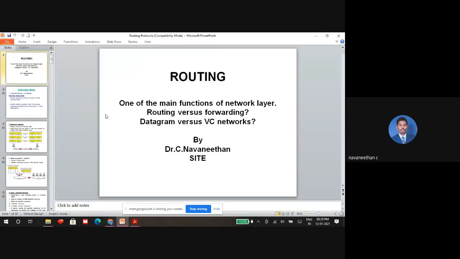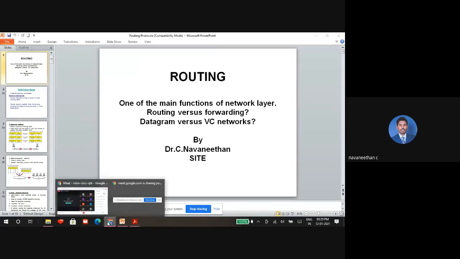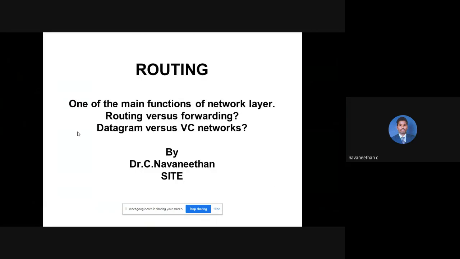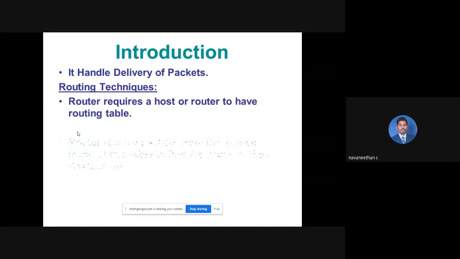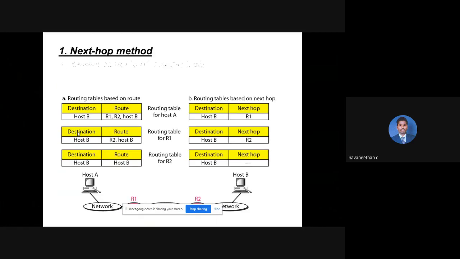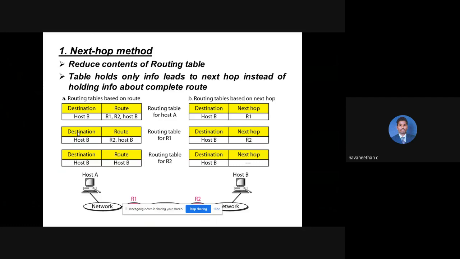Now the two routing protocols. I think you might already know them, but let me quickly recall the important two routing protocols. One is distance vector routing. The next one is link state routing. You might know the meaning of routing: how to route the packets, or how to take the packets from source to destination. We use the term routing, and we have a number of methods. Basically, we are preferring some four methods.